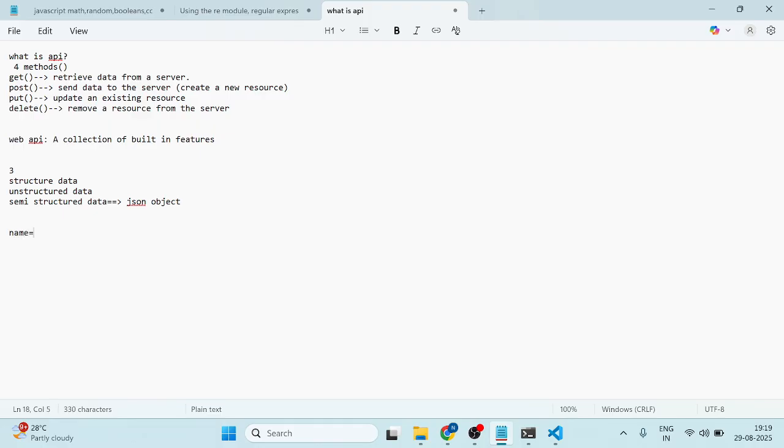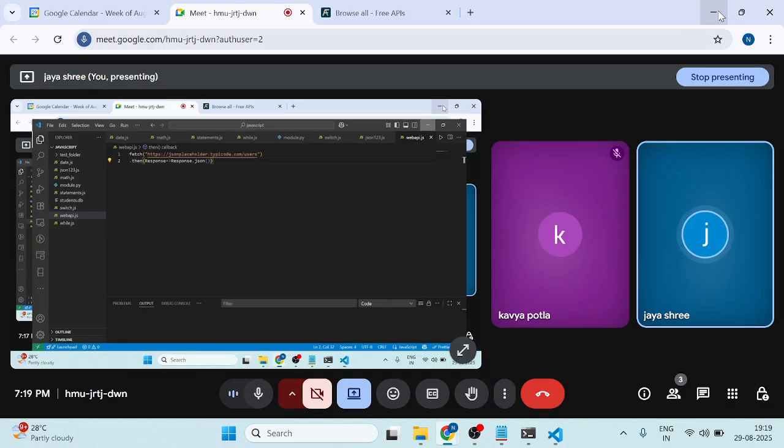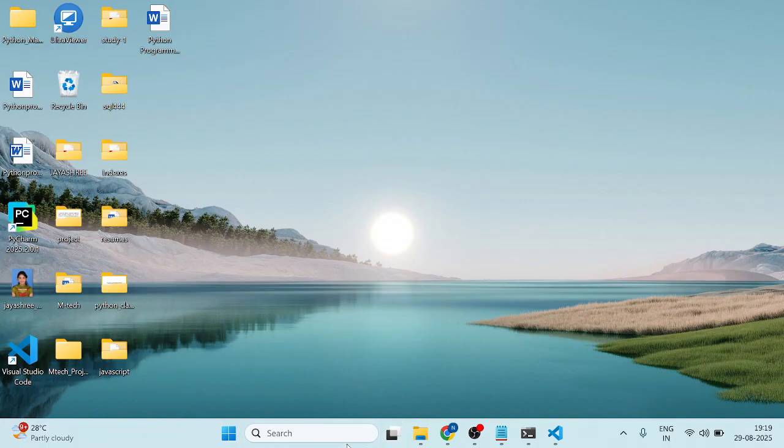Suppose this is the name; this is the key, and I provide the value here like this. So this is the semi-structured way. This is the JSON object, and for the structured way I'm going to show you one small example